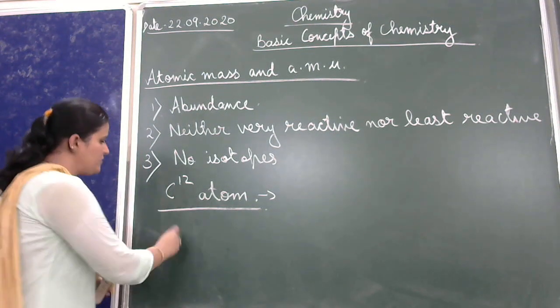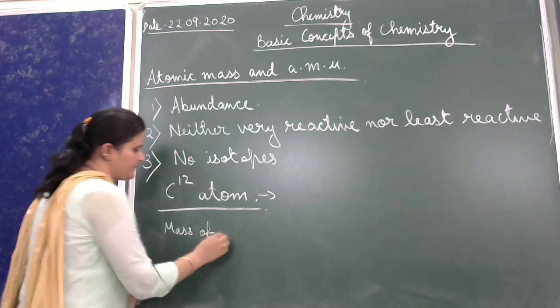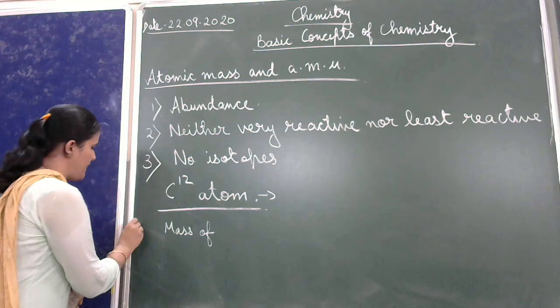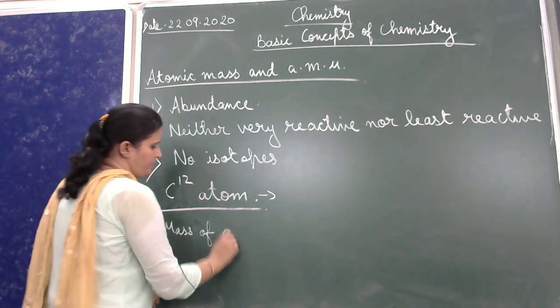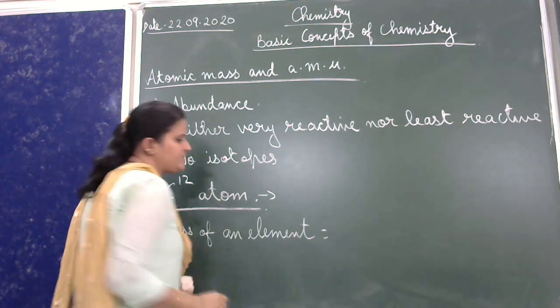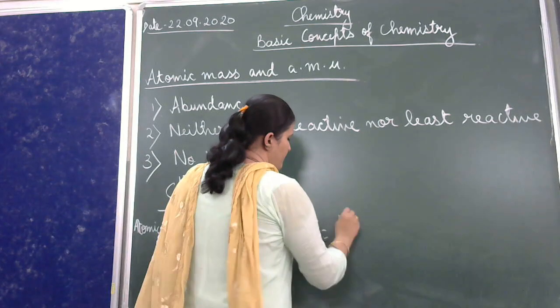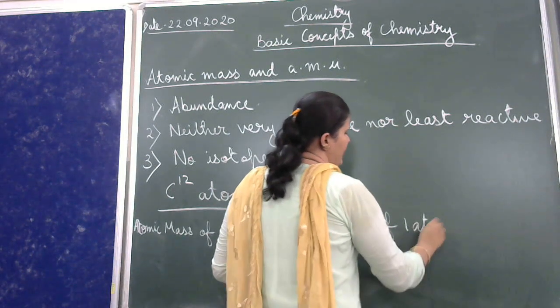I will write down the definition. Atomic mass of an element is written as mass of one atom of the element